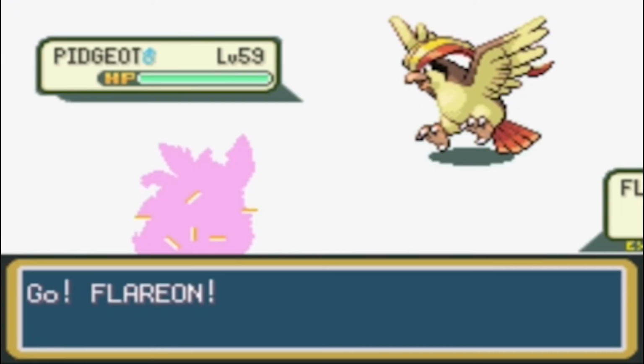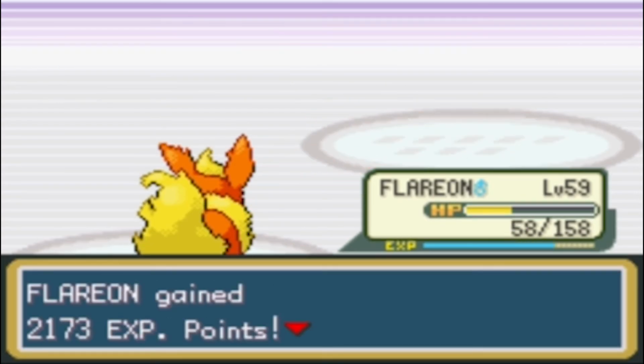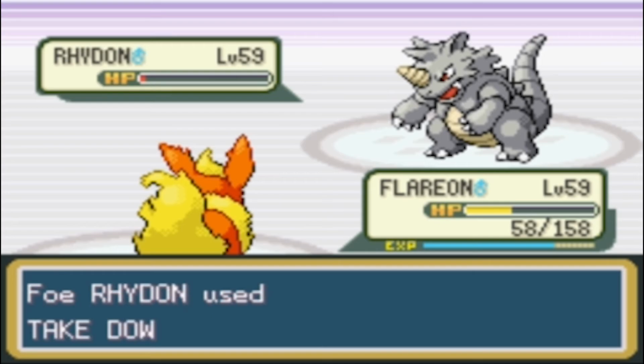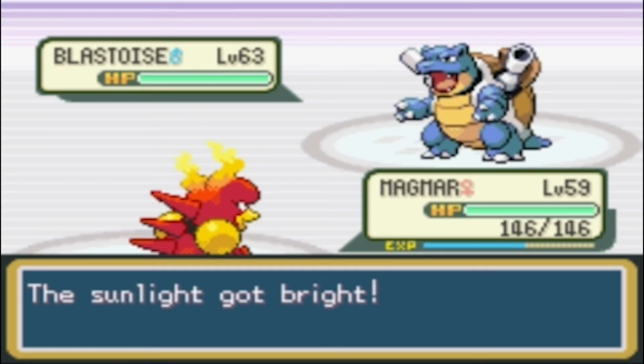Flareon takes care of Pidgeot with a couple of Flamethrowers, but the pair of aerial aces he took before means he's fairly low on health when Rhydon comes in. Thankfully though, Rhydon misses almost all of his attacks, leaving him on red health when he hits with a takedown, causing a double knockout. We send in Magmar as Gary sends in Blastoise, so the obvious choice is to call